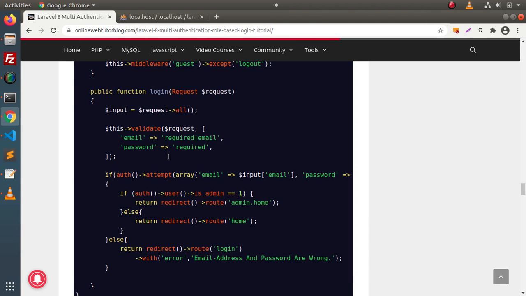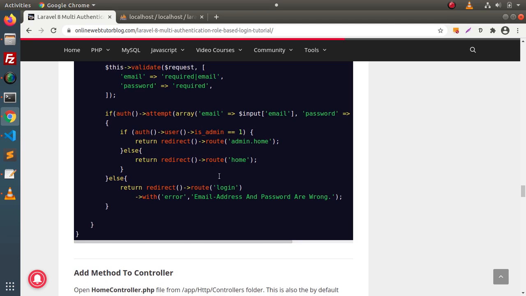Inside this method, what we are doing, simply, when we pass our email address and the password inside our login form, after getting the input parameters, we are validating the user. After getting admin, we are redirecting to this named route. Otherwise, if isAdmin equals 0, it means we are a normal user, and the normal user will have the access of this